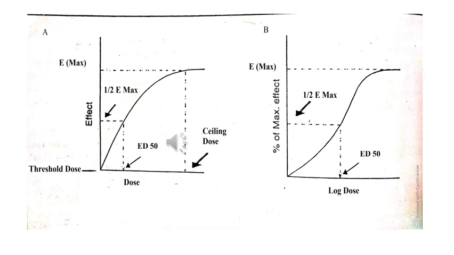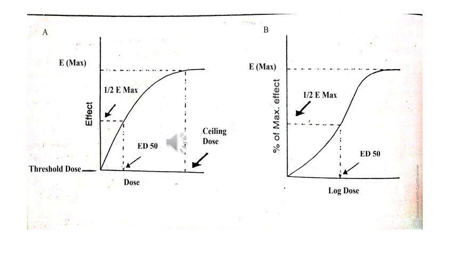Second point is here, it is written as ceiling dose. Now what is this ceiling dose? It is the minimal dose, the minimal concentration that produces the 100% effect, right? So it means that after this ceiling dose, there will be no increase in response. Even if we try to increase the dose, the response will not come. And if the dose is increased manifold, no response is going to appear. It is because there are no more spare receptors available for that particular drug.